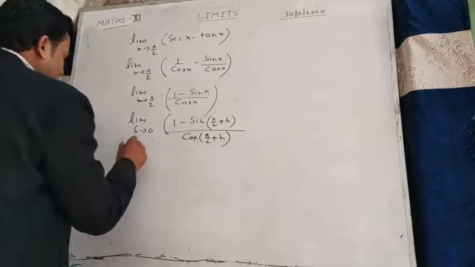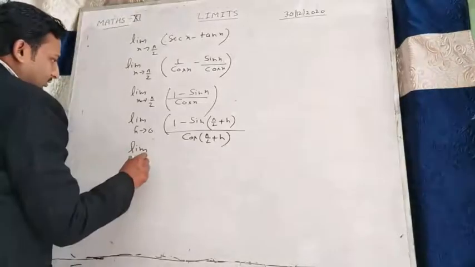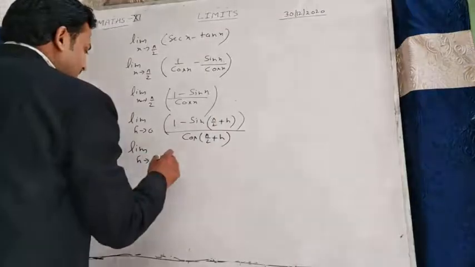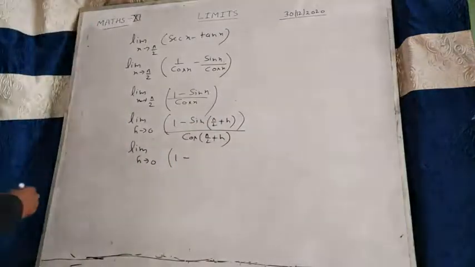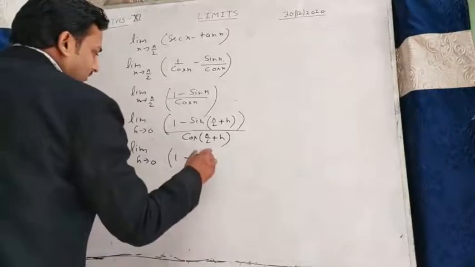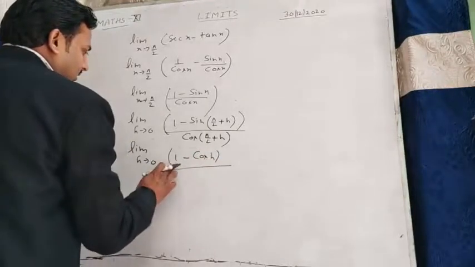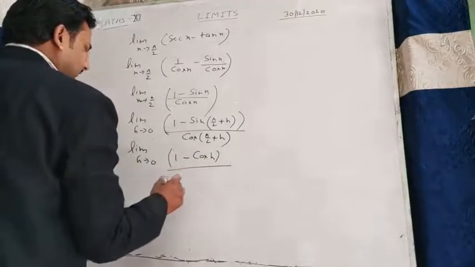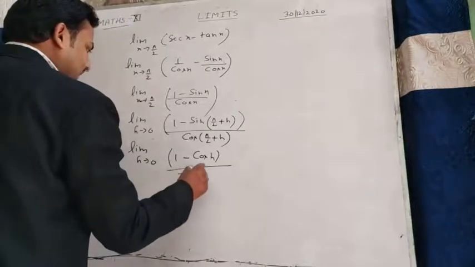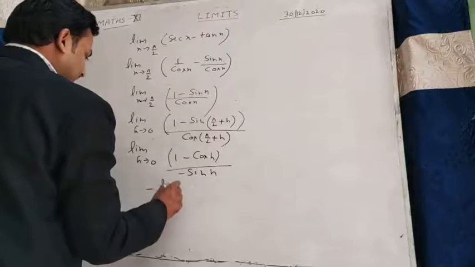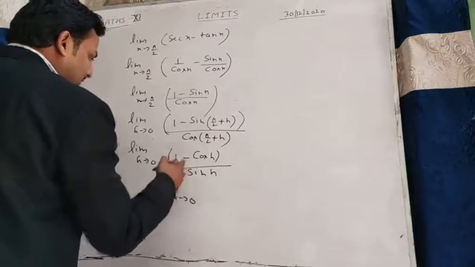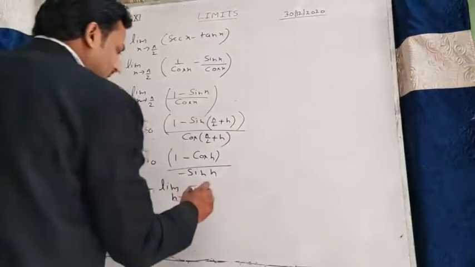Okay student, so limit h tends to 0. Here 1 minus sin 90 plus theta is cos theta, so we write cos h, and cos 90 plus theta is minus sin h, so we write minus limit h tends to 0,